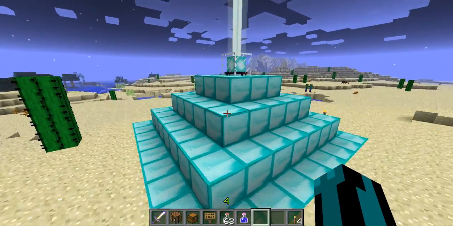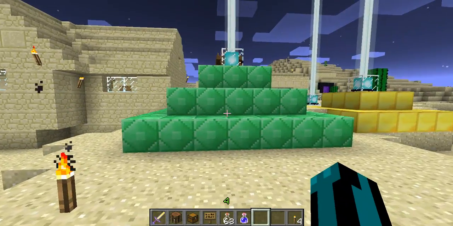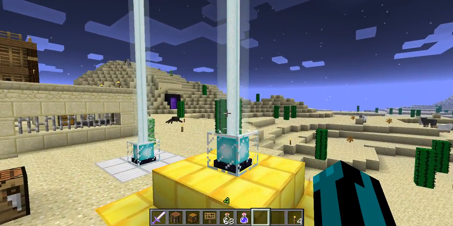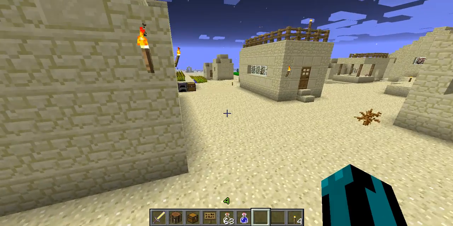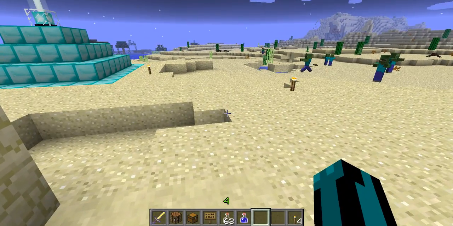It's just each tier unlocks a new thing. Like, the last tier unlocks regeneration. This tier unlocks strength. This tier unlocks resistance and jump boost. They're actually pretty useful if you know what you're doing with them. Like, if you have a general area...